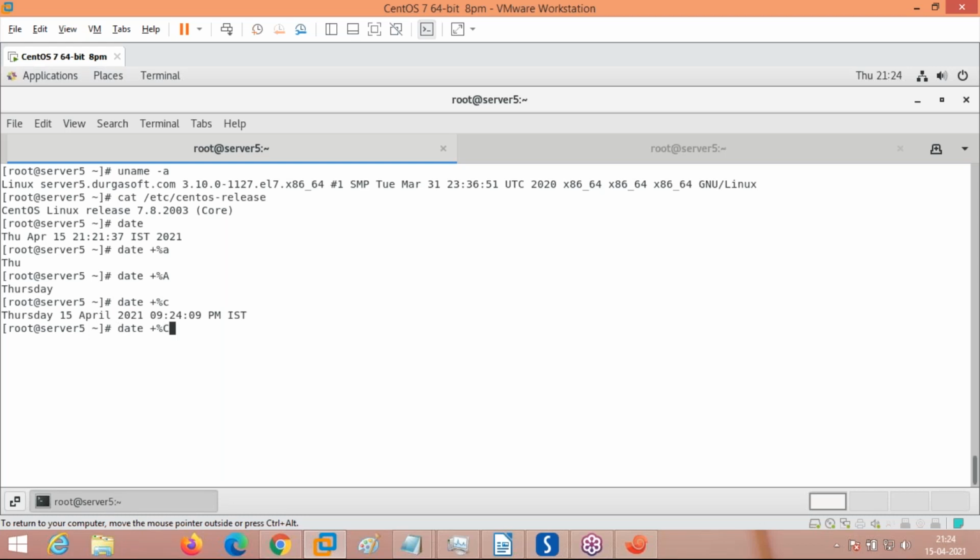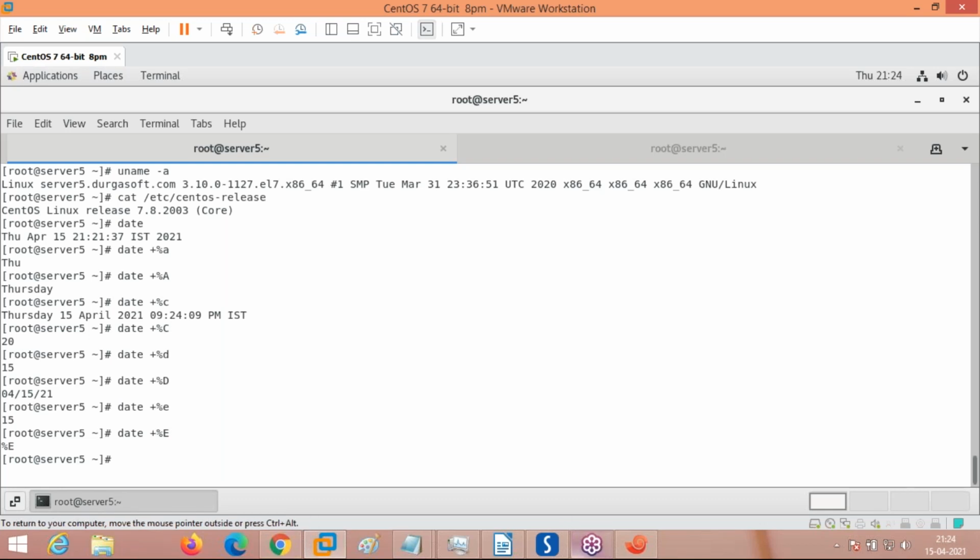If you give the same with capital C, it will show 20, which stands for the century. There are many other things. Capital D gives the date as 4/15/21. Small e, capital E.